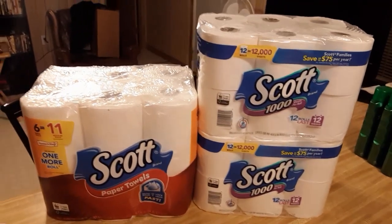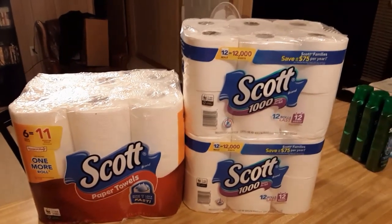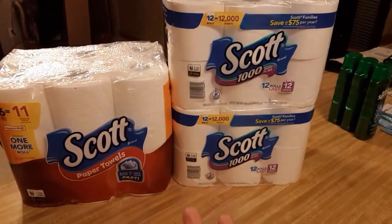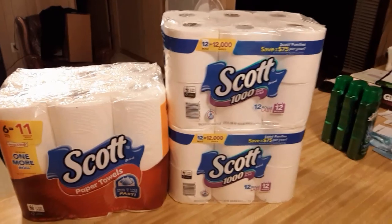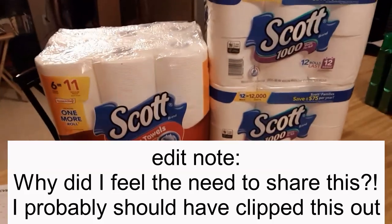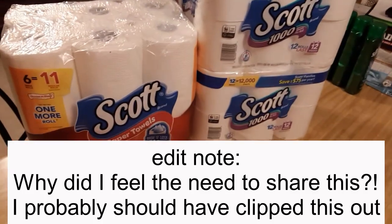When he uses the bathroom, he tends to clog up the toilet because he rolls off way too much toilet paper than what's needed. For some crazy reason, instead of rolling some off and putting it in your hand, he wraps his entire hand in it. Anyways, it just ends up stopping up the toilet unless she uses this really thin toilet paper, and that's why she likes that. But anyways, that's off that little side note. Now that I got off that little rant, a little too much information,